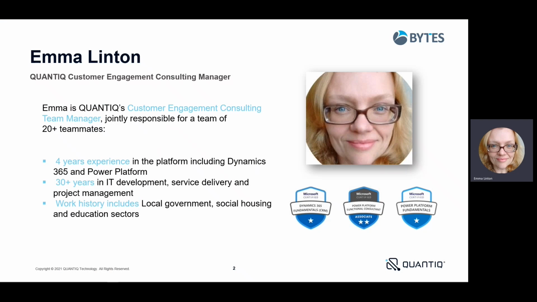My name's Emma Linton. I work for Quantic and I'm a customer engagement consulting manager. I'm jointly responsible for a team of over 20 people. I've got about 4 years experience in the Microsoft platform, including Dynamics 365 and Power Platform. But I've got over 30 years experience in IT, in development, service delivery, training and project management, and various other